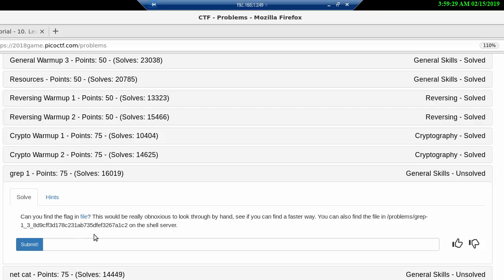So we're going to download this file. This would be really obnoxious to look through by hand, see if you can find a faster way. And then we can also find the flag with the shell server, but we're going to be using that so much anyway that we are just going to download the file. But we have hints here,